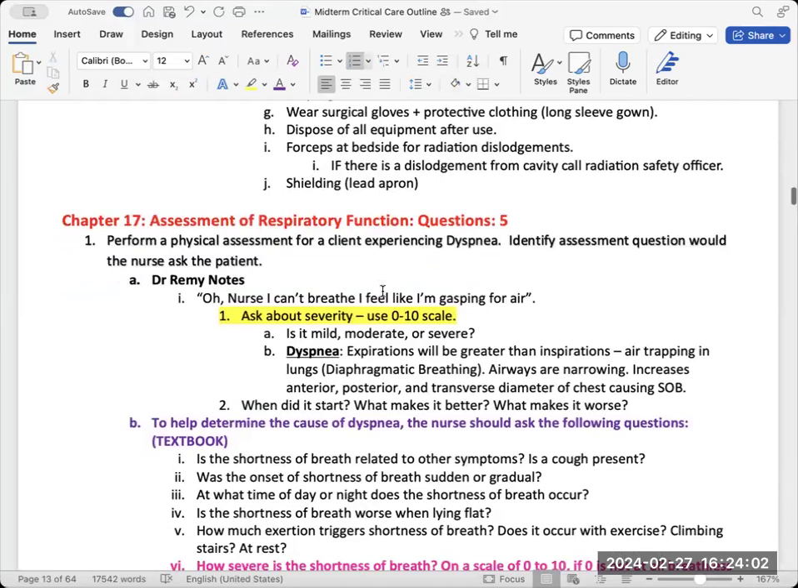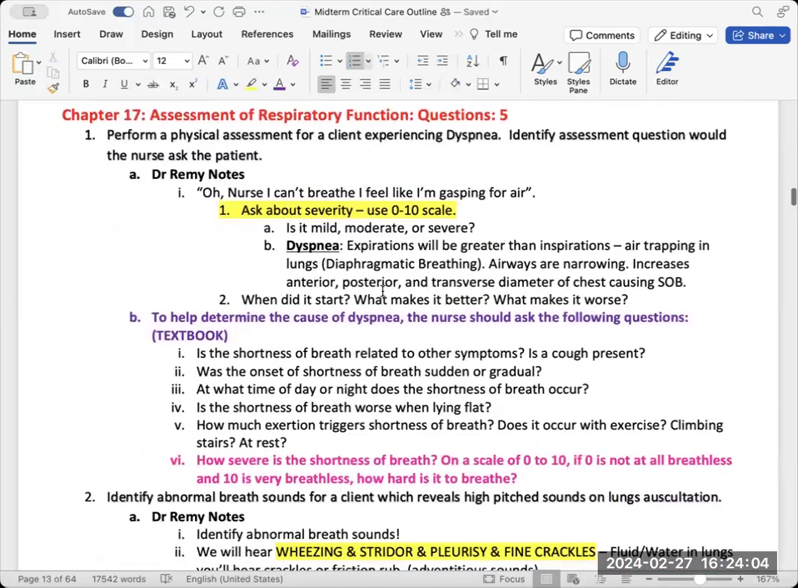Okay, now we're on respiratory, which means we only have like 20 questions left, so we're getting there. Getting towards the end. So the next question is to perform a physical assessment on a client experiencing dyspnea. Now, she said for this question,